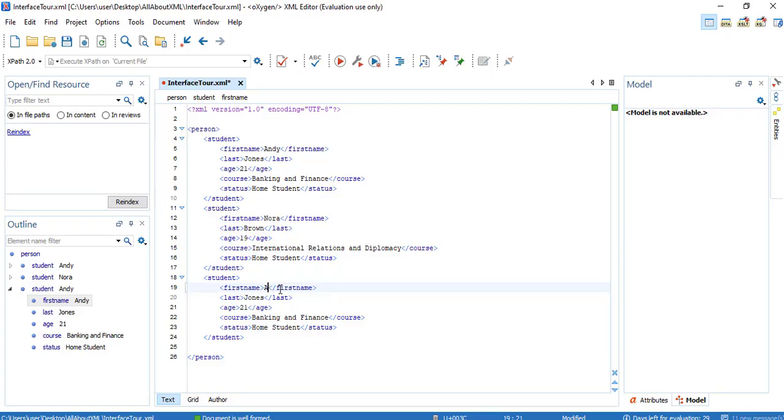I'll paste one more there. We'll change the values. Zara, Braveman, 22, law, foreign student. So now we have 3 entries in our XML document, and here it shows that the XML document